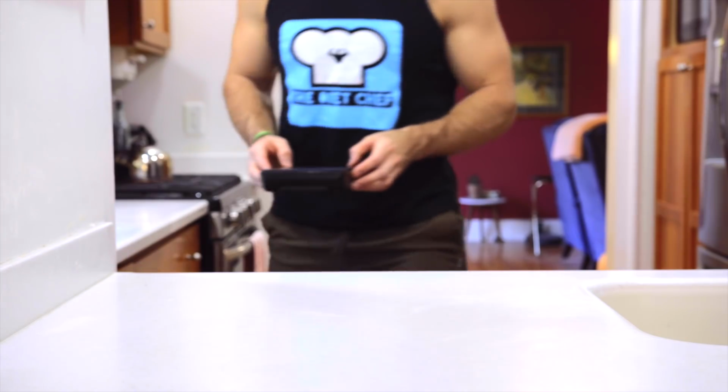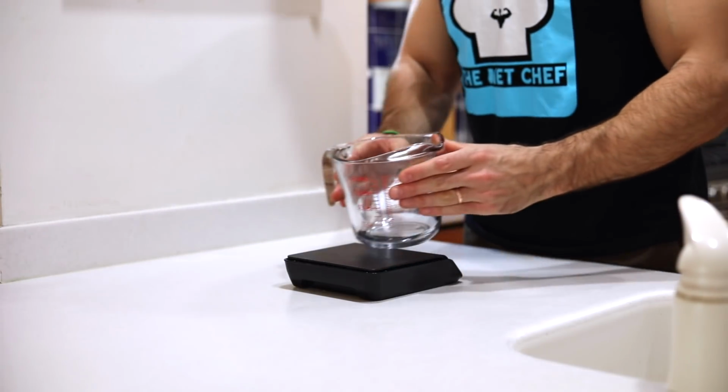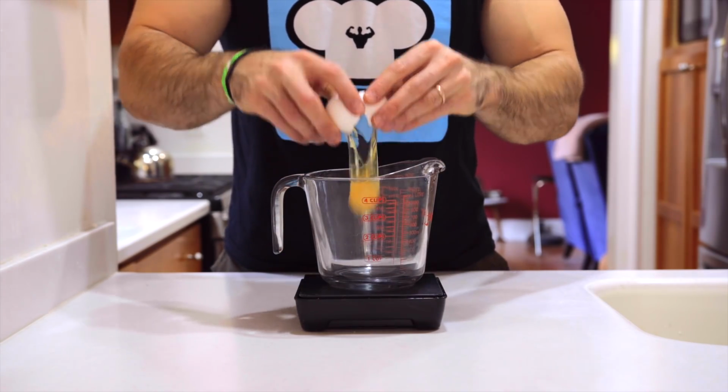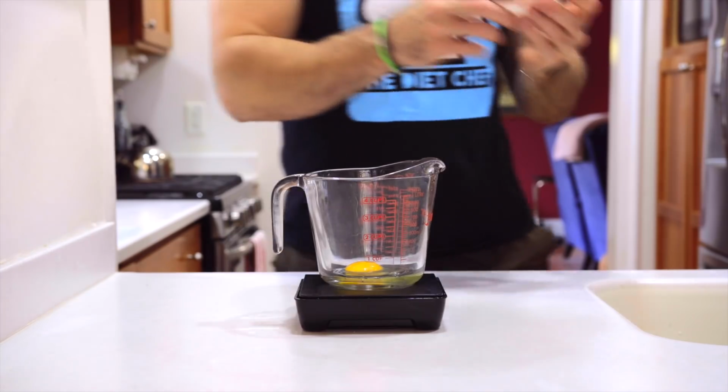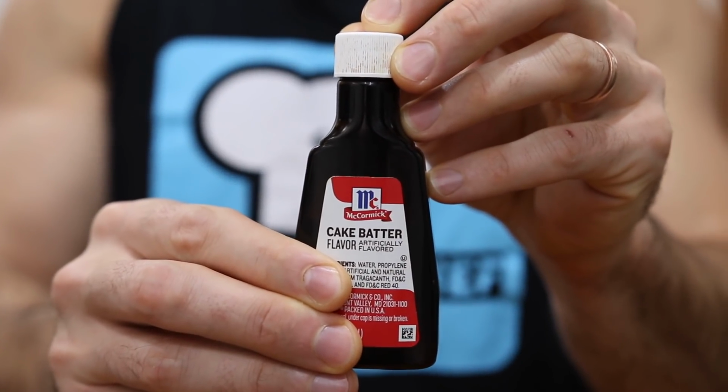That being said, let's get right into this one and I'll show you how to make a keto birthday cake in just 1 minute. So as always, we're gonna get out our food scale and we'll also wanna get out a pourable bowl. So once we've got that out, we're gonna crack and add 1 large egg to it, and then we're going to get out some cake batter extract to really amplify the birthday cake flavor in our mug